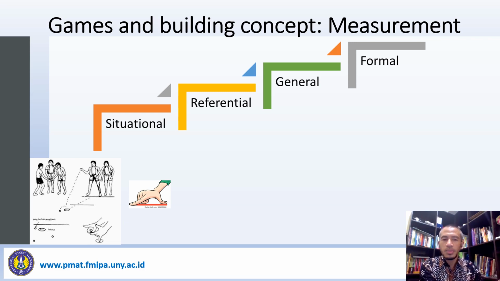In the games, I mentioned before about the marbles. In the situational level, students were really playing the games. And then when they measure, at the beginning, the distance of their marbles to the circle, most of the students use their handspan. But in order to bring the activities into the learning objective, that is the linear measurement, we provide a kind